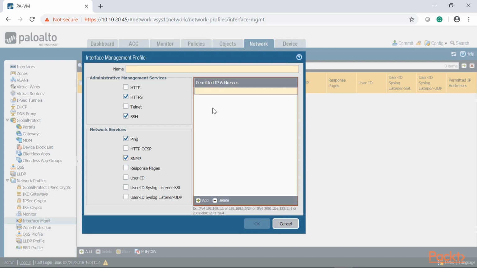Let's go ahead and click add. And in this case, I have a 10 network. Say, for example, it's a 10/24. I'm going to add it here. Let's call it our first